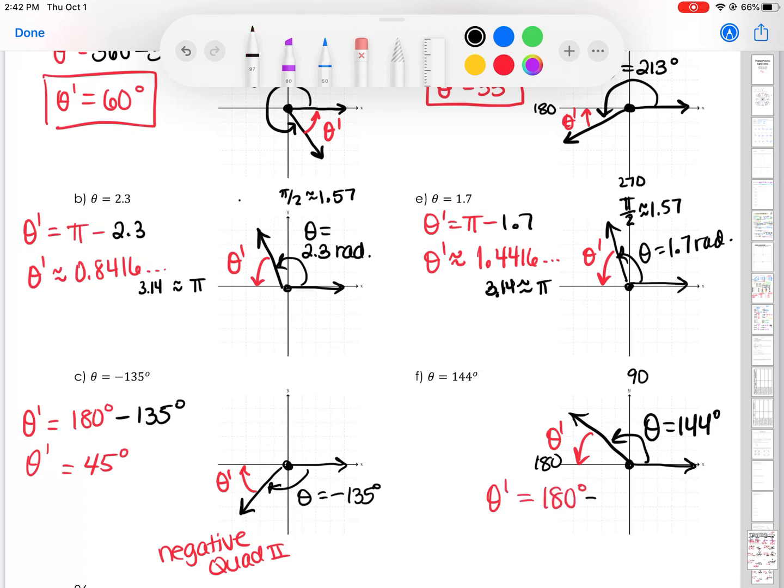There's my theta prime, and I'm just going to do 180 minus that angle. So minus the 144. So I'm going to get that my reference angle here is going to be 36 degrees. Okay. What this is going to help us with down the road